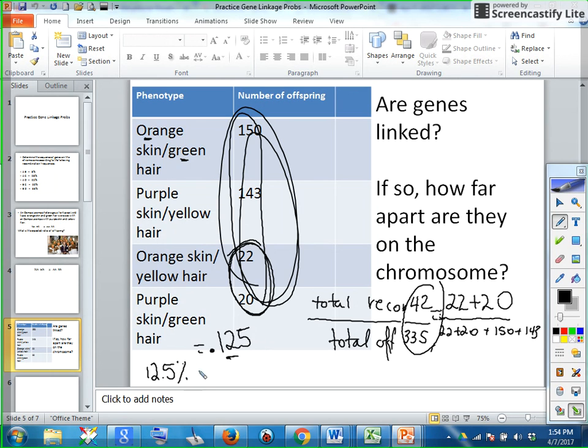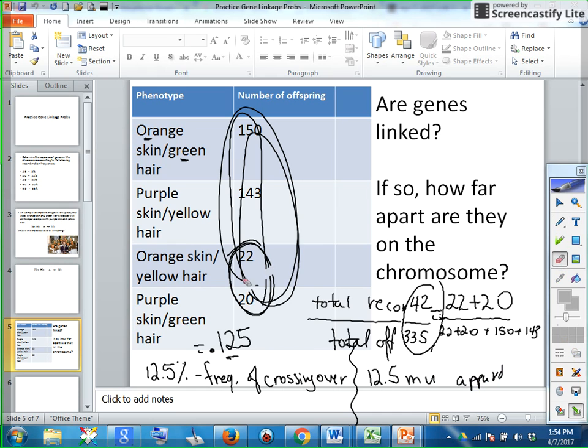So this tells me how often, this is the frequency of crossing over. That's how often the skin color and the hair color genes are separated. And that also means that those two genes are 12.5 map units apart. So, if this was a chromosome,